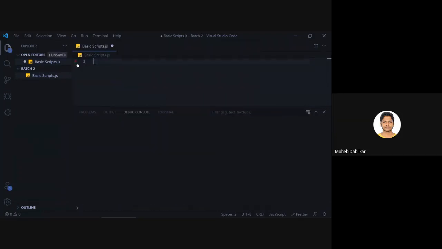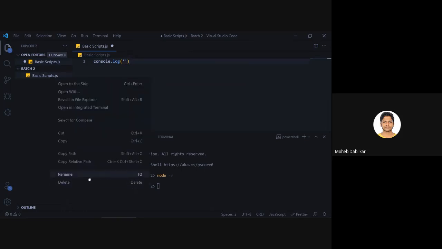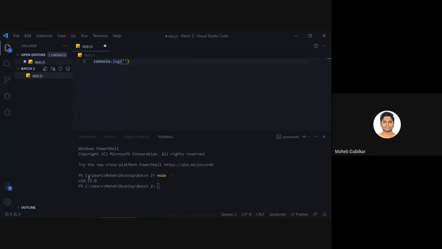So this is your basic scripts.js, and now we are going to start working with it. If I say console.log, this is used to get data and this is great for debugging. Let me just rename this so that it is easier. We'll just say app.js for now, and we will call console.log hello world. Now this is not from the server, and we have actually not created a server, so don't be happy, but yeah, it works, hello world. Okay, so that is how you use console.log.